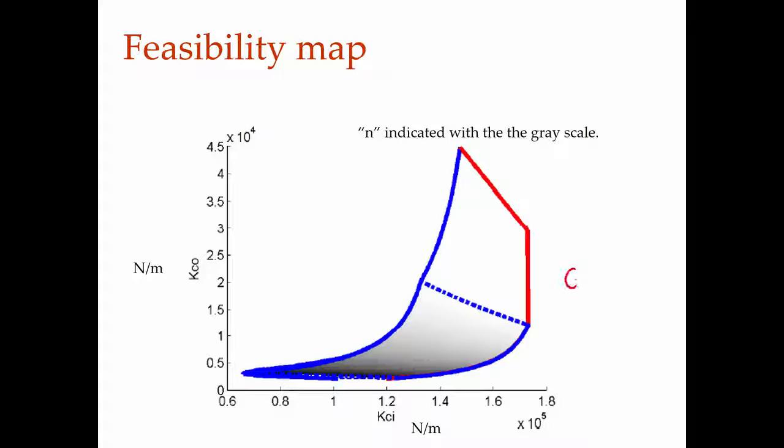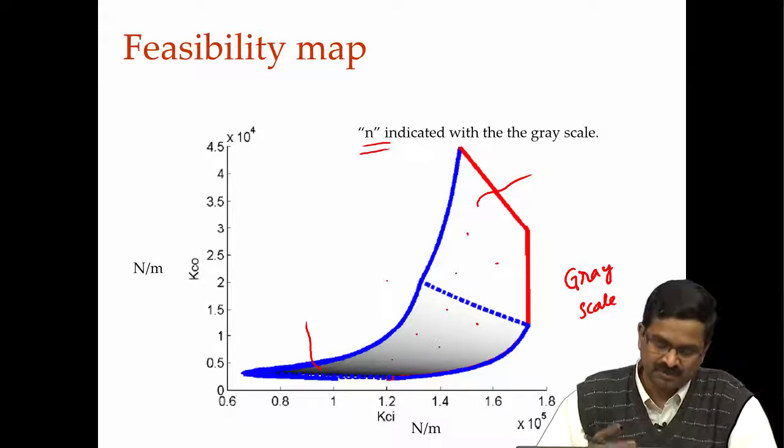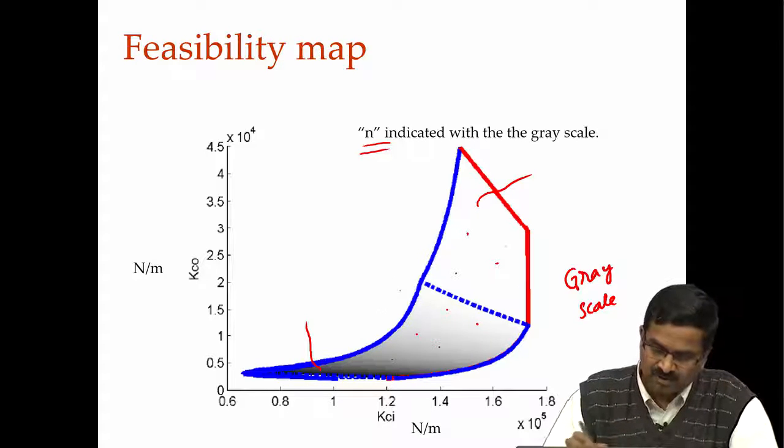do something. You see this grayscale here, so somewhere it is completely white and somewhere completely dark, that indicates the N value. You can show that if you want, or when you have this in a computer graphics interface, user interface, as you mouse over on this, immediately the N value can pop up. So, as you put here, here, here, it will tell you what the N value is. Low value and high value, not necessarily 0, some low value, high value, it can indicate that will be the grayscale. Okay. So, we can have that and see this, but the idea is to be able to construct this map